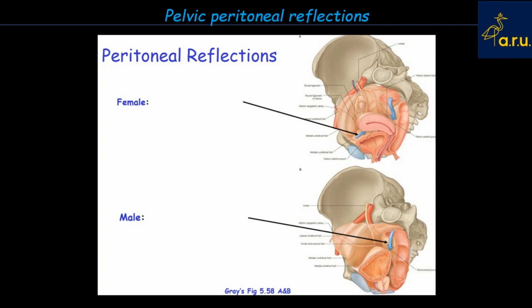Now, these pouches, the rectouterine pouch of Douglas and the vesicouterine pouches, these peritoneal recesses, are clinically important as they determine the spread of infection and fluid inside the peritoneal cavity. These pouches are in contact with the paracolic gutters, which provide a pathway for the flow of fluid down with gravity, while the recesses and the pouches are the potential sites for accumulation of fluid